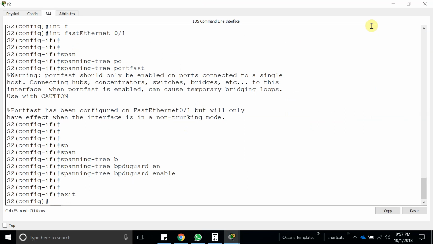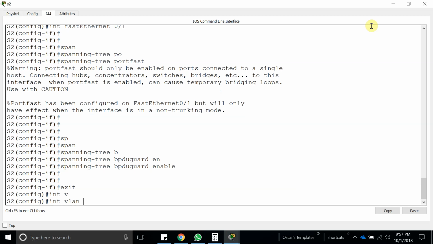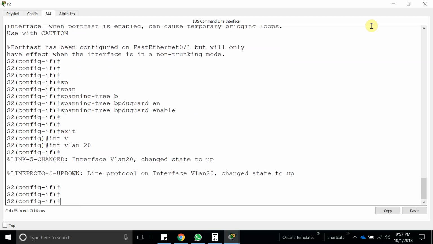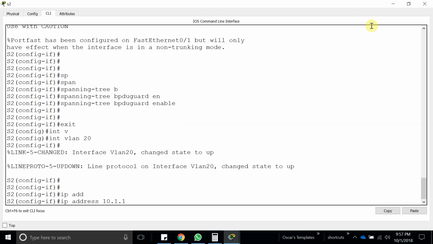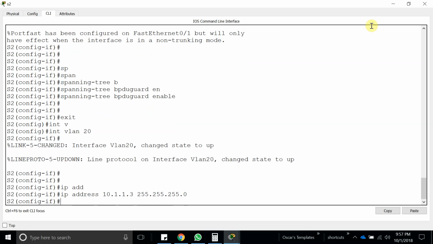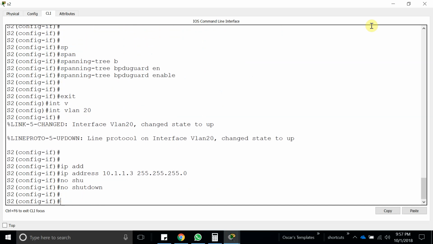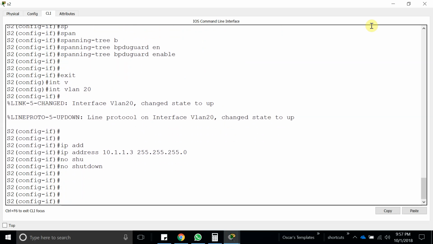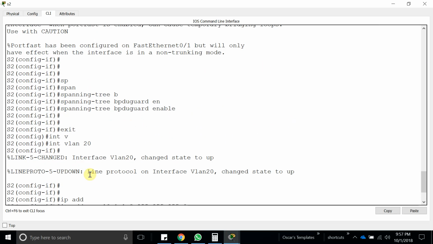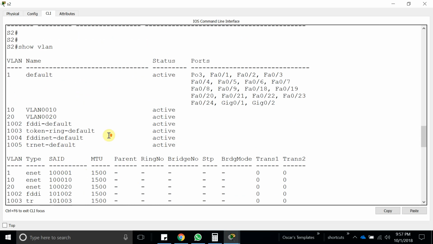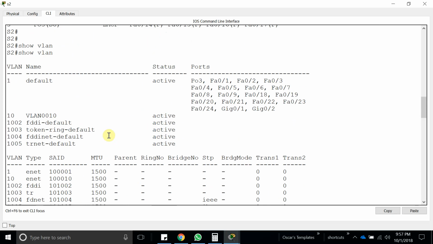Exit out of here, VLAN. Let's do interface VLAN 20, and then IP address 10.1.1.3, 255.255.255.0. Made an error over here. There it is. Now no shutdown. And now what I want to do is allow that VLAN 20,